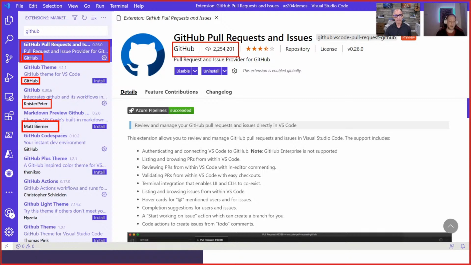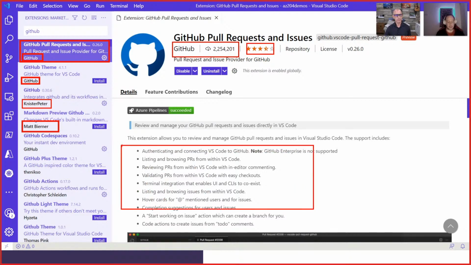And then, well, the other reference I would say is obviously the amount of downloads. It's not always a guarantee for success, but it shouldn't be a surprise that the more downloads you have, with next to that a pretty good ranking, it typically means that it's actually working as it should, or at least the features provided by the extension are doing what they need to do. And then in the middle, you can find some details, like what is the functionality I'm going to get out of installing this extension, and really making your VS Code, again, even more awesome than it already was.